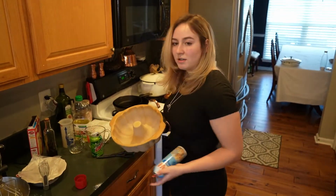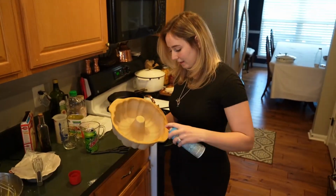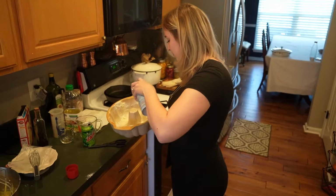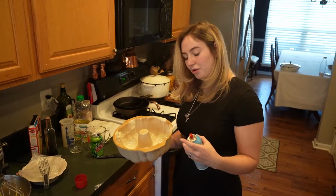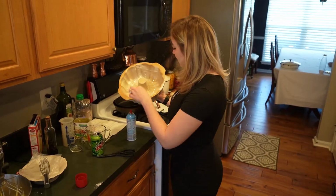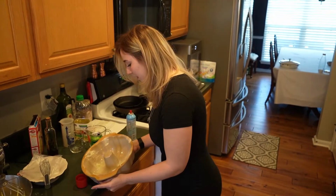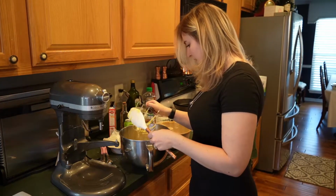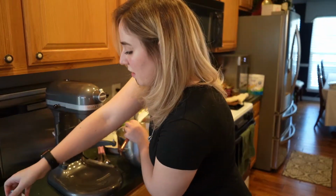And with that, this one has flour in it just to help with sticking and anything like that. And you just want to make sure you have the entire thing coated. And if you feel like you have too much, you can always go through with a paper towel and get the excess out, because otherwise it will pool at the bottom. But honestly, that doesn't really hinder it a whole lot. Okay, once you have about as much as you can get off,